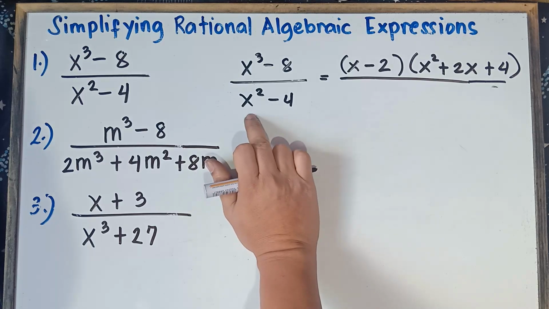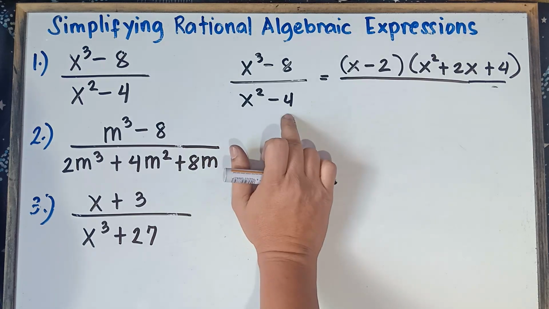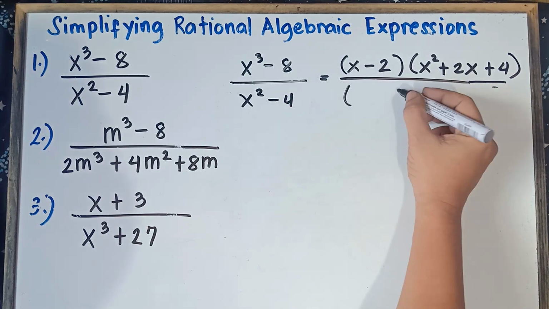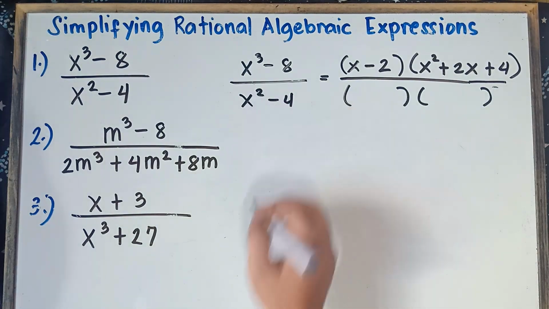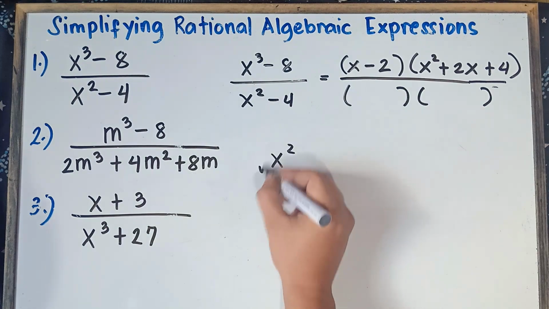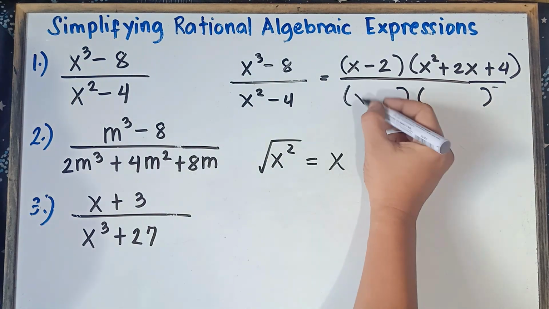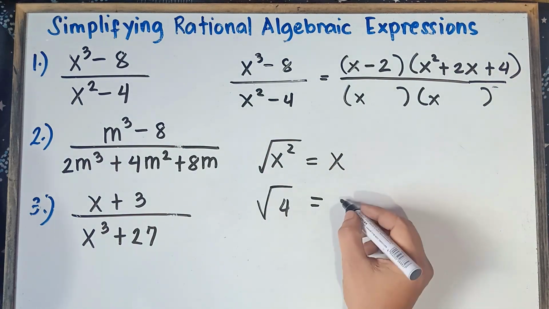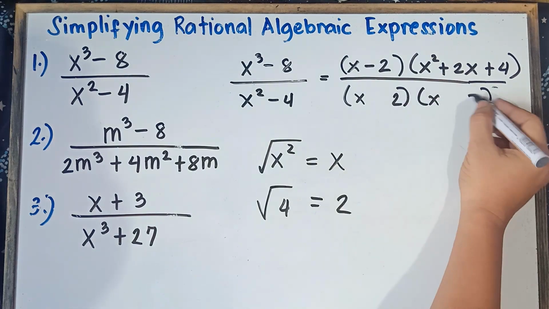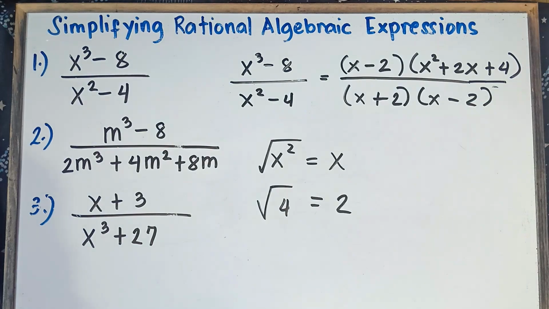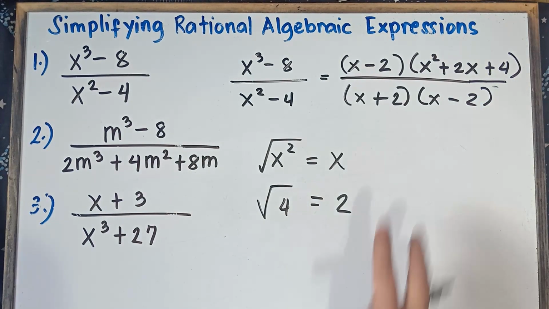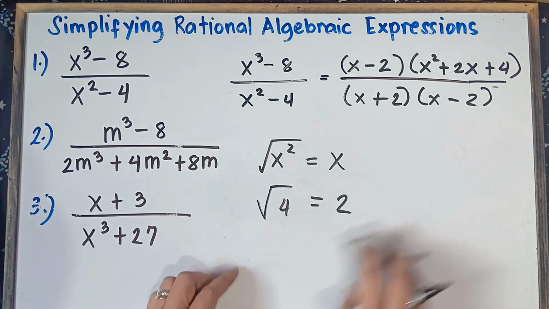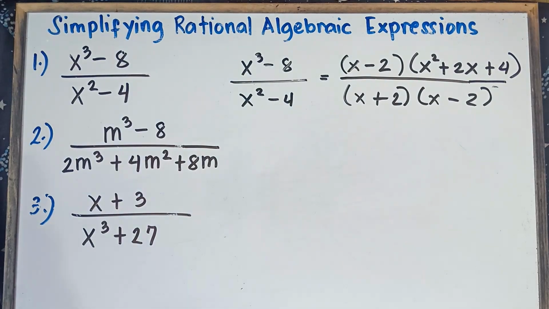Your first term is a perfect square, and then your second term is a perfect square. If you have example like this, very easy, class, to factor this out. Put 2 parentheses. Simply get the square root of the first term, the square root of x squared, that would be equal to x. So x and then x. Get the square root of the second term, the square root of 4, that would be 2. So 2 and then 2, put plus and minus sign. That's it, class. Even if you apply, class, the FOIL method, I'm sure, class, you will get this answer. Alright, and then we can cancel out x minus 2.